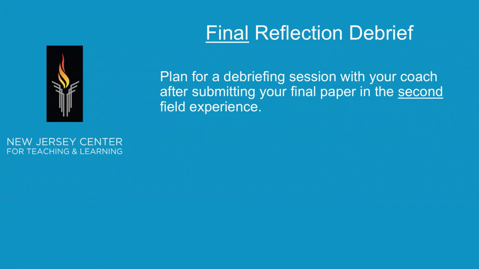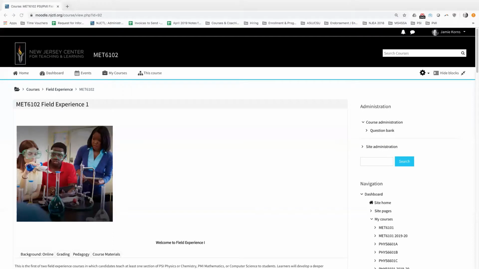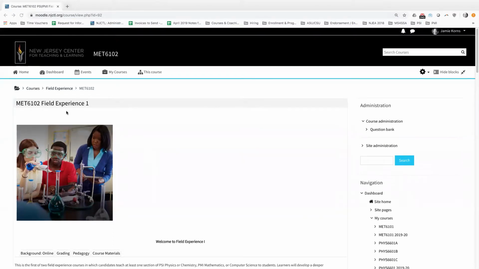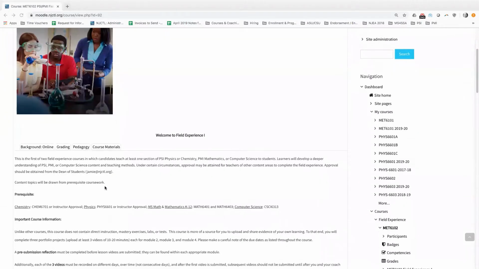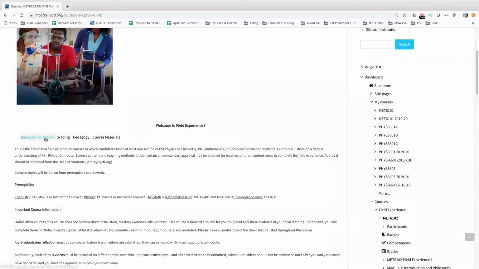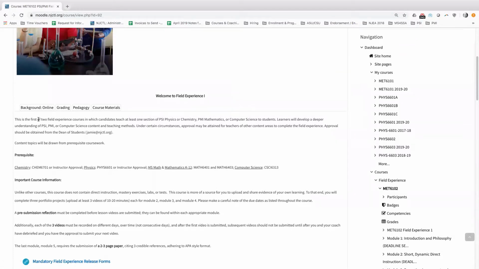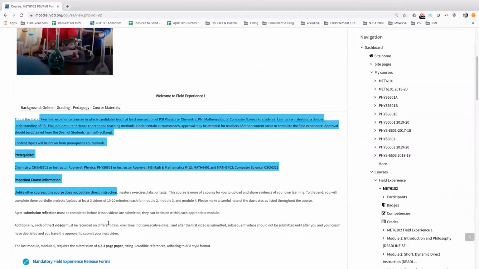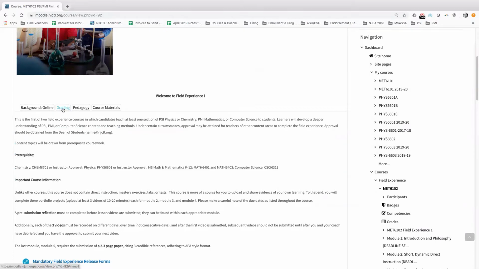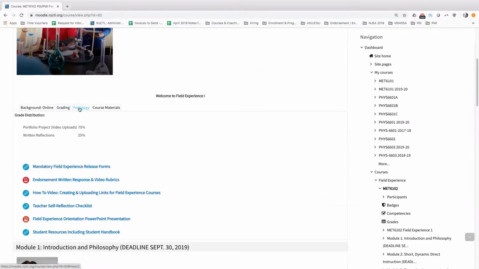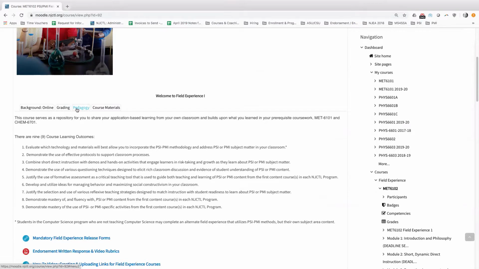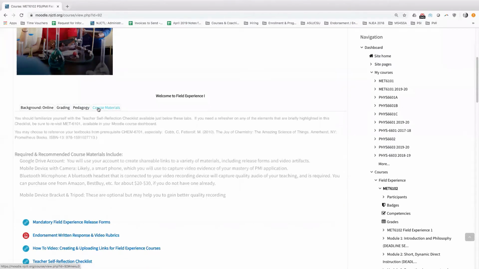I'm going to go ahead and take a moment now to show you the beginning of the course. You should be able to see my screen now. Whenever you log into MET 6102, you'll see there's an image at the top. And we'll just remind you that there are 4 tabs across the top of each course. There's a background tab about the course that explains the materials you'll use, any prerequisites, and there's an overview of how you're graded, a review of the pedagogical methods, the course learning outcomes, and a reference to any course materials